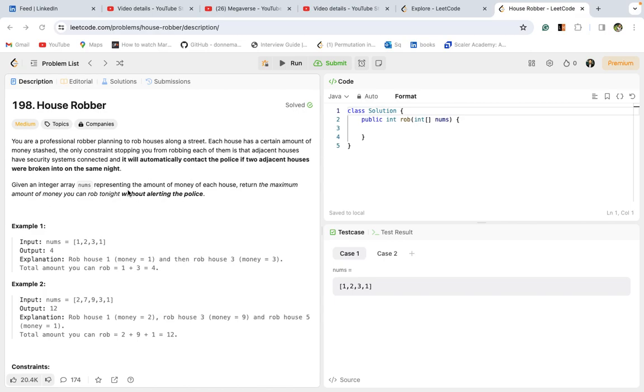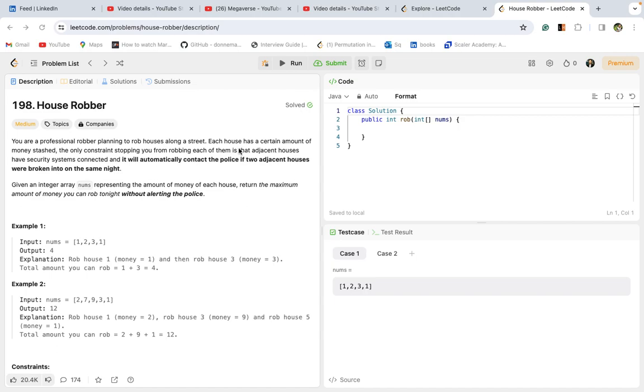That I explained to you in the previous lecture on recursion. If you haven't gone through the previous lecture, just go through it first. I explained the theory of this problem, the recurrence relation and the base condition. So, the same thing I explained on paper: you are a professional robber planning to rob a